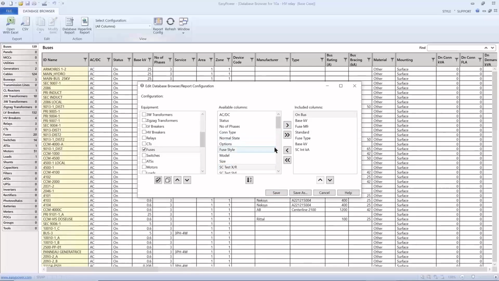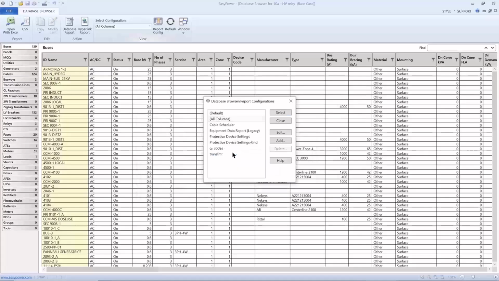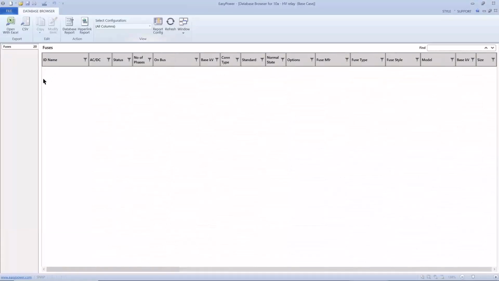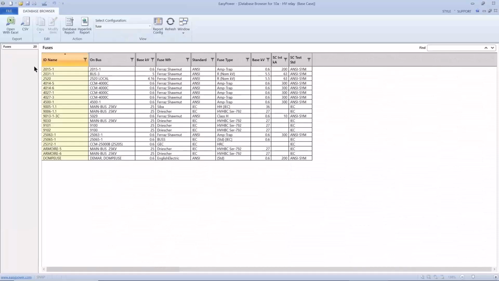And the test standard that is being used for that test. So now that I do this, I'm going to say this is my fuse configuration. And then select it. And now when I come over here to fuses,